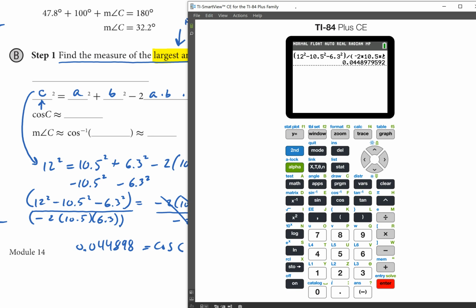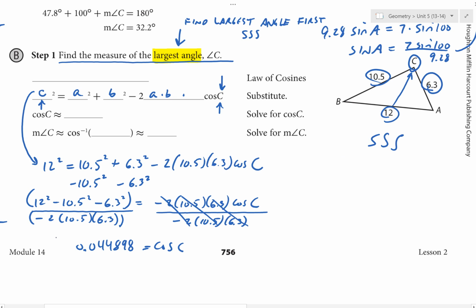That is the cosine of C. And so now, as Wesley suggested earlier, we need to take the inverse cosine of both sides. So if we take the inverse cosine of cosine C, then we're going to take the inverse cosine of 0.044898, and those cancel, so we get C equals the inverse cosine